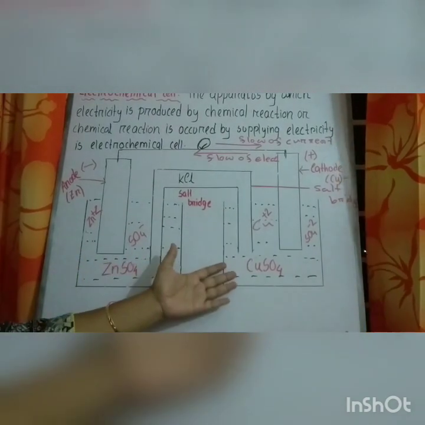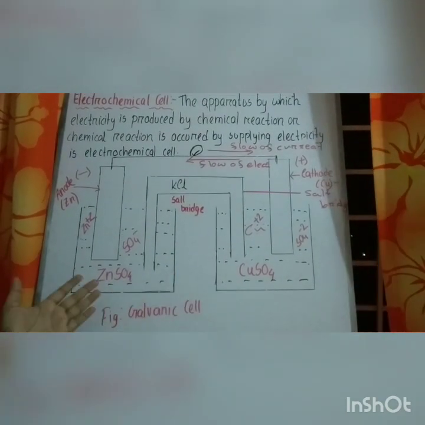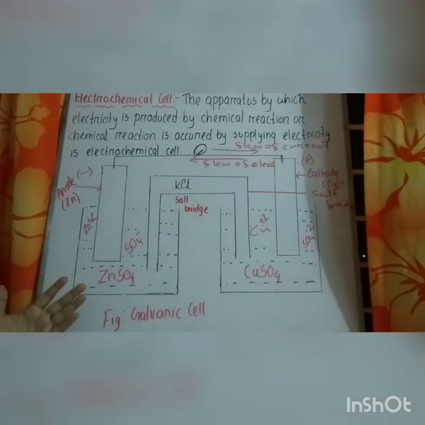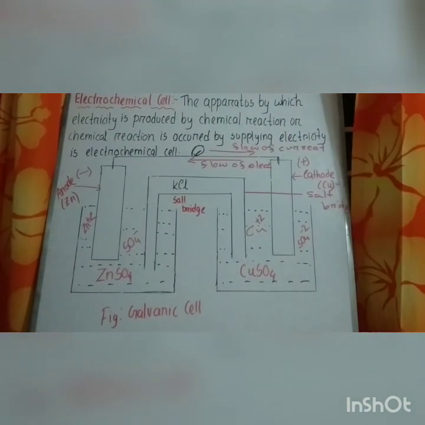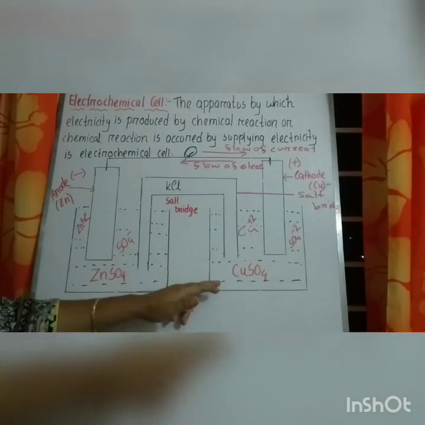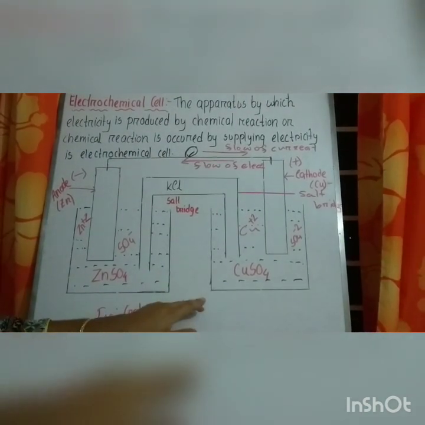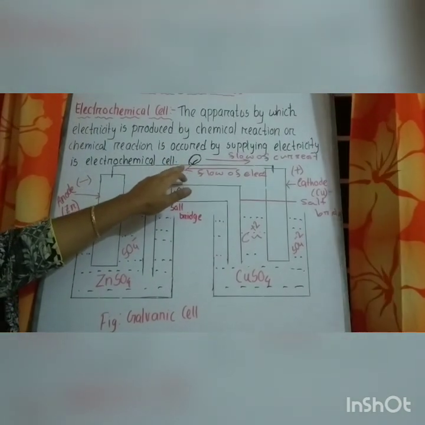Two electrolytes. Electrolyte means here zinc sulfate and copper sulfate are taken. Such a substance through which if we pass electricity, it can be divided into oppositely charged ions. These are known as electrolytes. Here two electrolytes will be used, zinc sulfate and copper sulfate. Two beakers, electrical wire, one battery